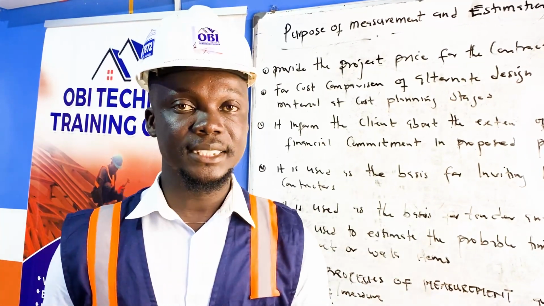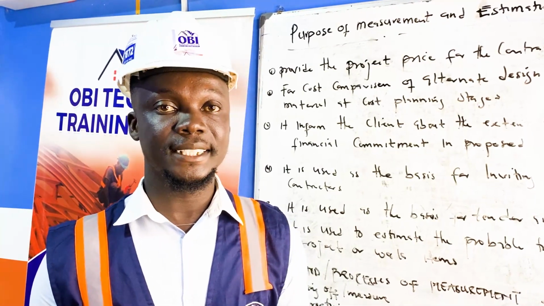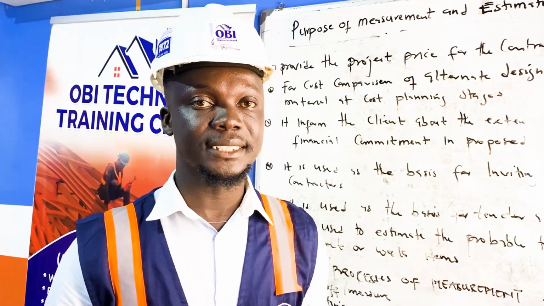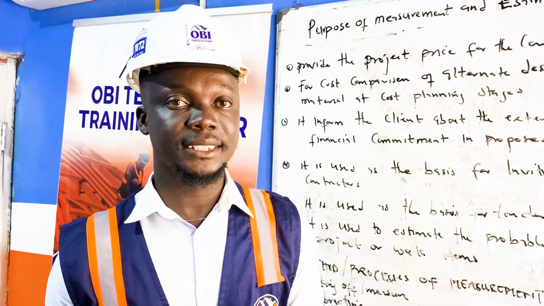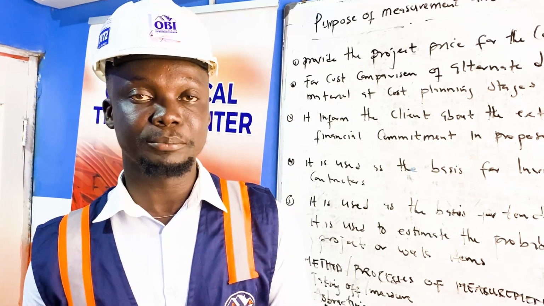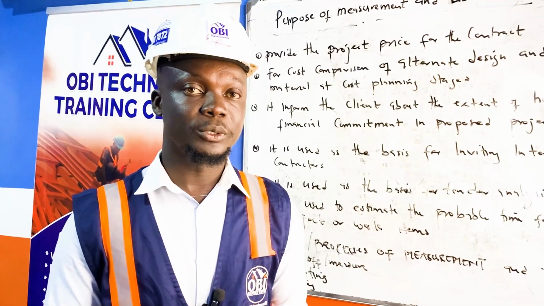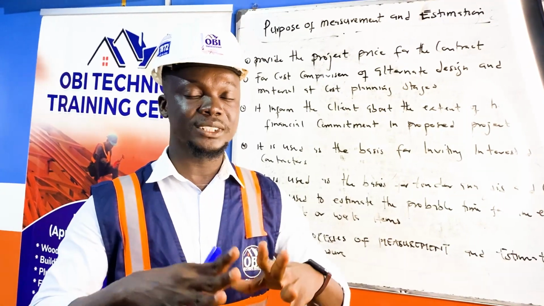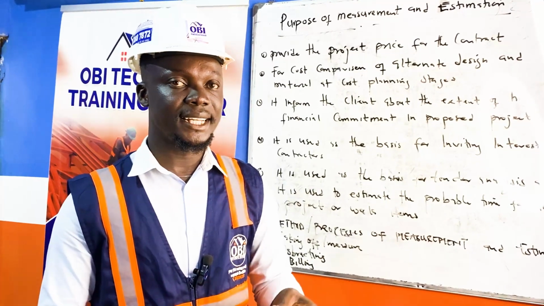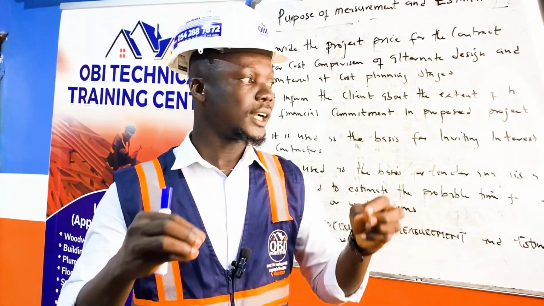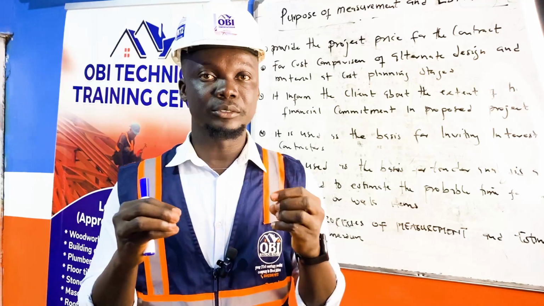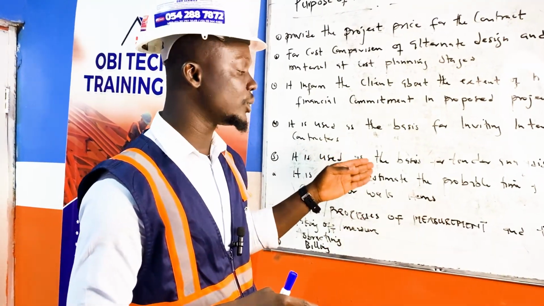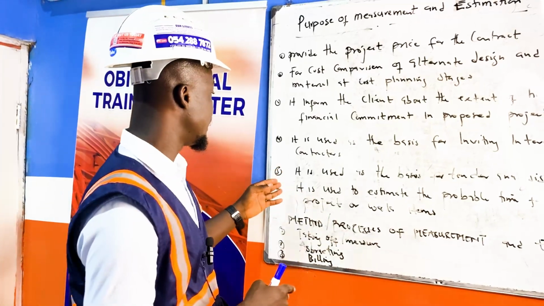So based on the estimation that is provided, or the measurement and estimation that is done by the consultancy quantity surveyor, they will use that as the basis. Then they'll compare it to the bill of quantity prepared by the contractor's quantity surveyor, which will be used for the tender valuation. So during the tender valuation, they'll be able to do all those analyses and they'll be able to select the qualified contractor that is required for the job. That is based on the estimation that is done. Then now we go on.